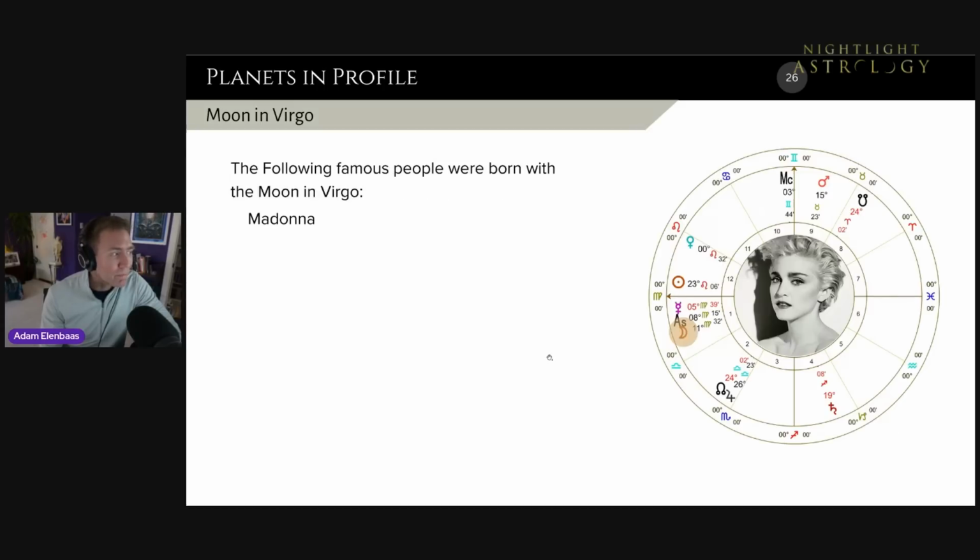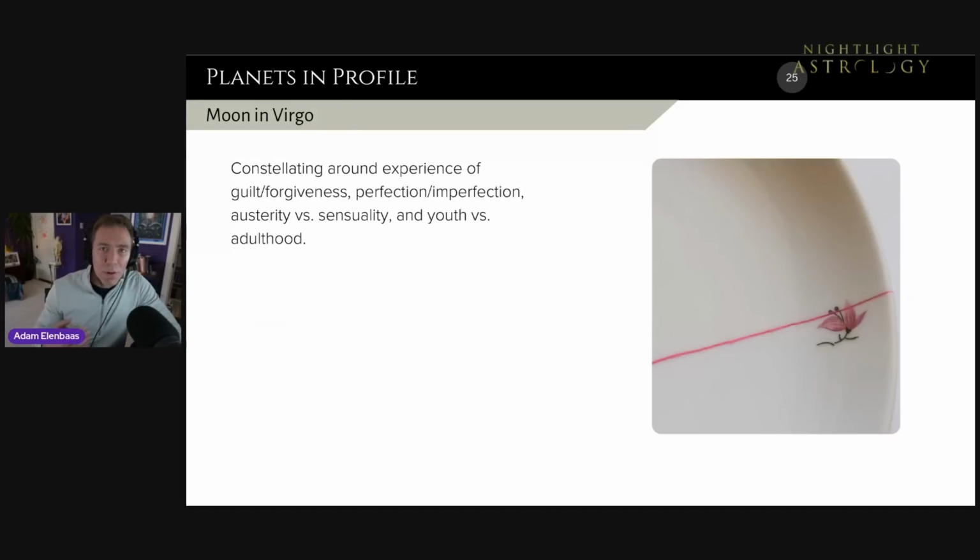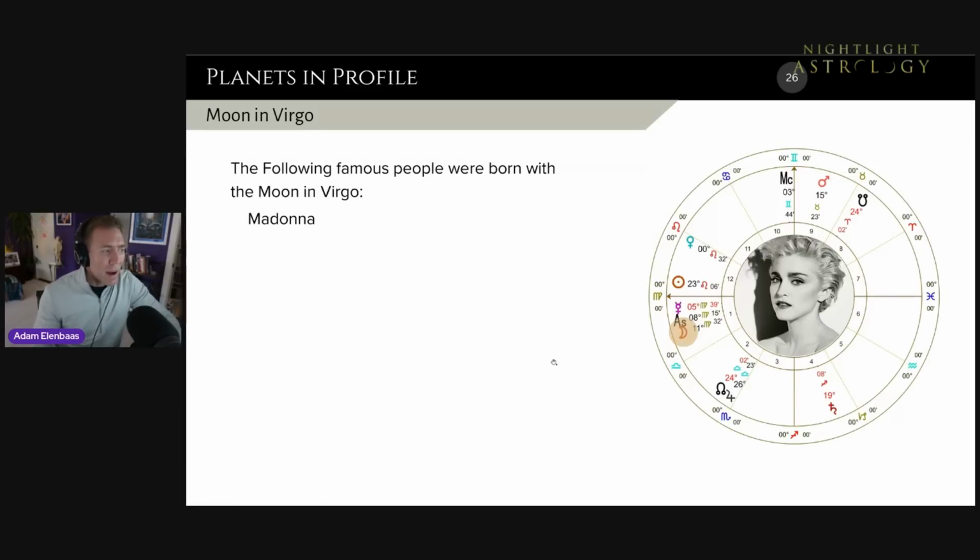So here are some people to illustrate, after we've laid out some of the basic archetypal qualities. Let me just say a little bit about some of the people and how you can see some of the tensions at work in their life. I picked people where I think certain aspects of their story are very noticeably Virgoan, and also where everyone probably knows the story. Madonna is a really great example. She is someone you think of,